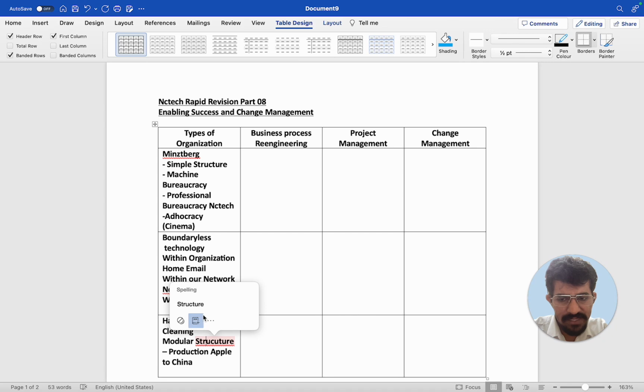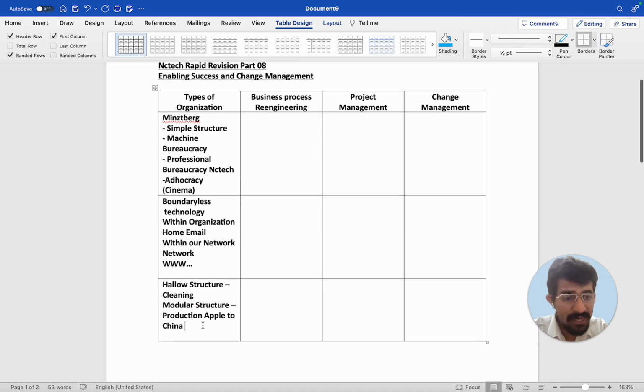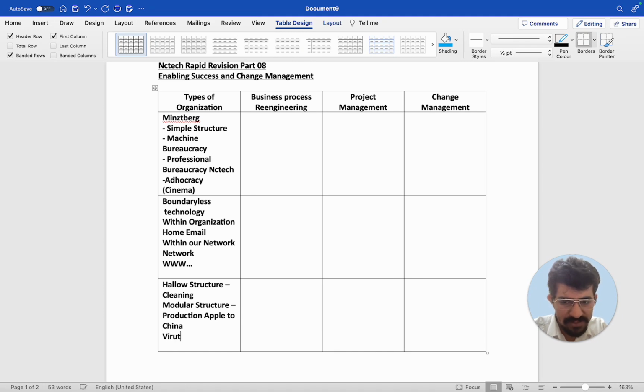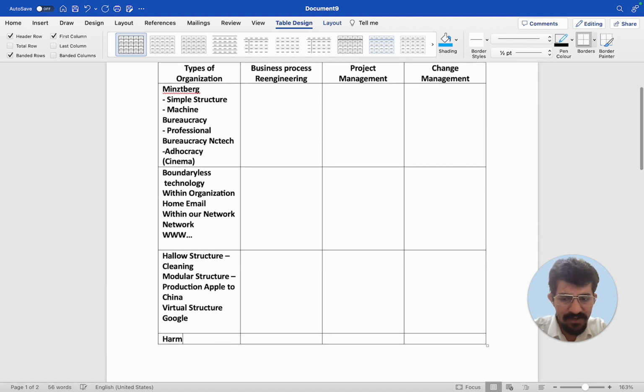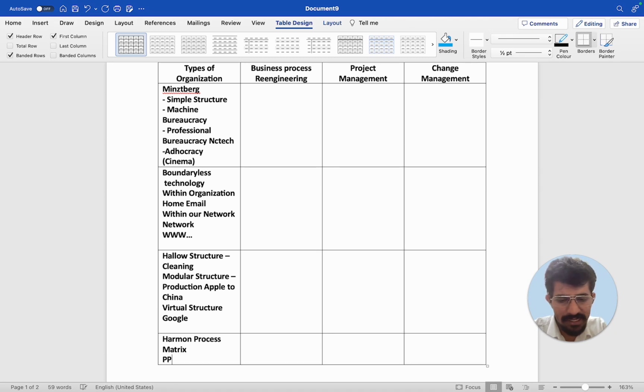And then students, after hollow and modular, the other one, if I'm not mistaken, is called the virtual structure, where everything is completely automated now. Virtual structure, students, BPO, everything is purely a brand only, completely outsourced. Now, Google in future may become a purely virtual organization, purely outsourced. And then students, you have to go through that video on Harmon's process matrix because it may be asked. A PPT can come. We don't know the exhibit, but just for safety,